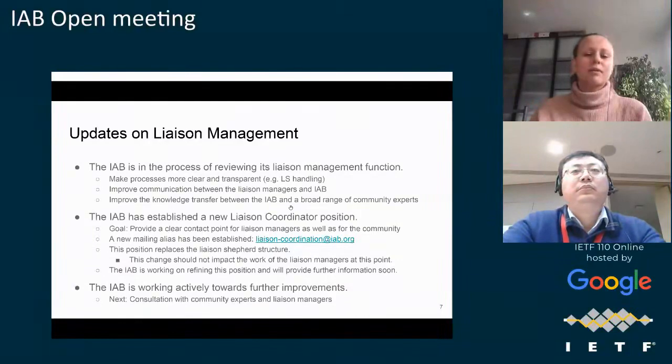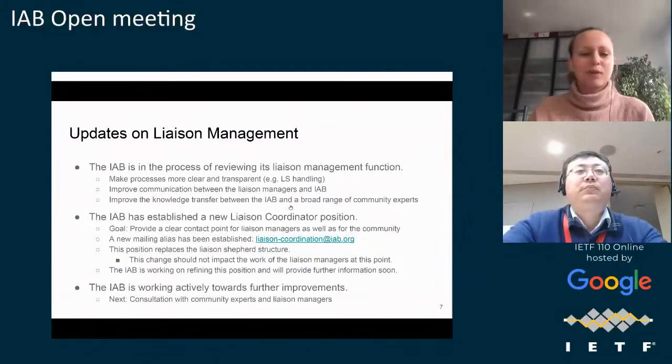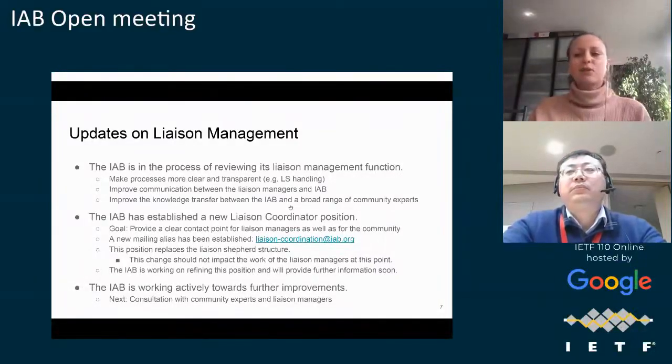But in other cases, it's also part of the role to forward those questions to the right people. So if it's for you, it will be forwarded to you if you're a liaison manager. But we also want to add a function to the data tracker so that we can easily reach all the liaison managers and create a list for that, because that also doesn't exist right now. So many small things that we are looking at the moment.